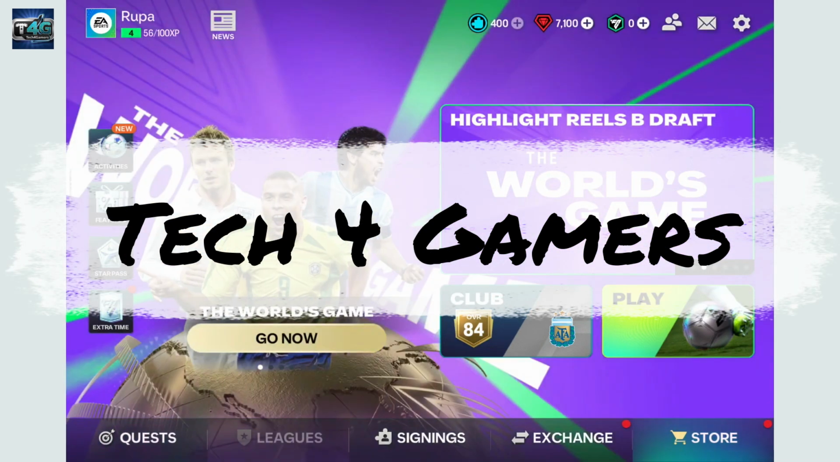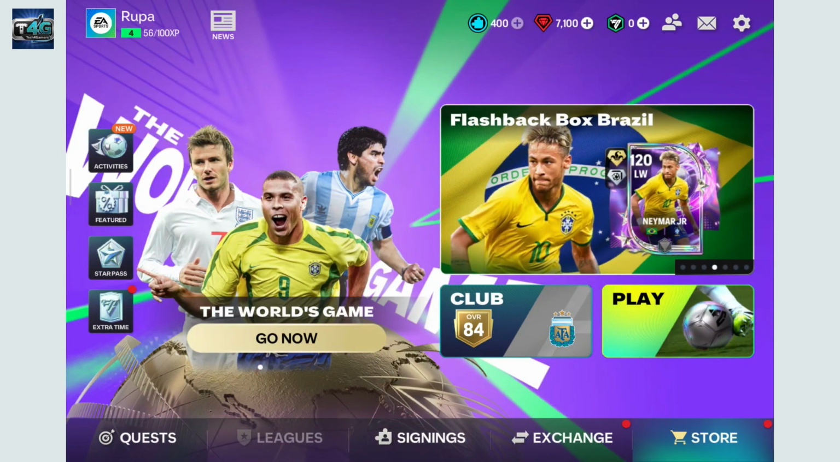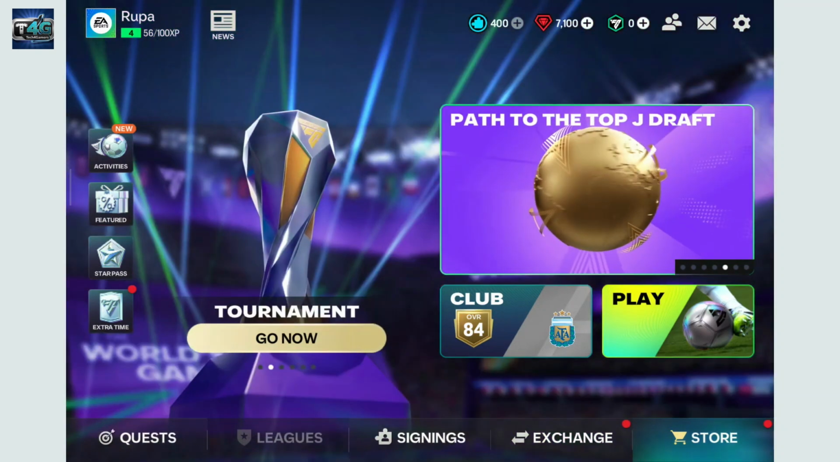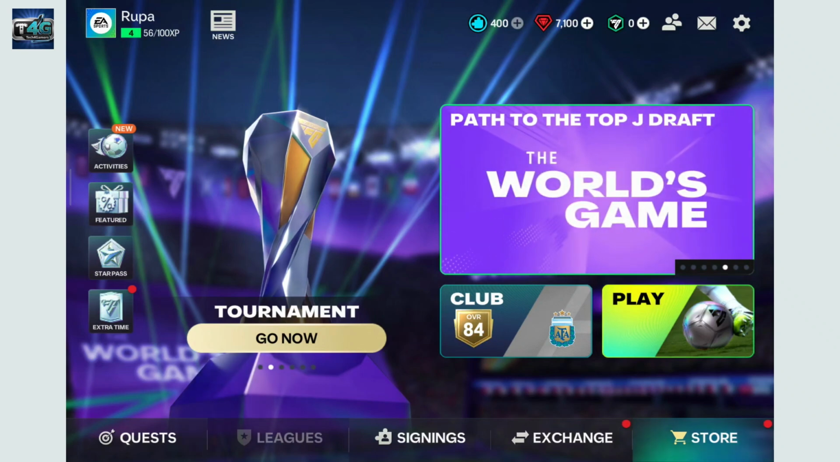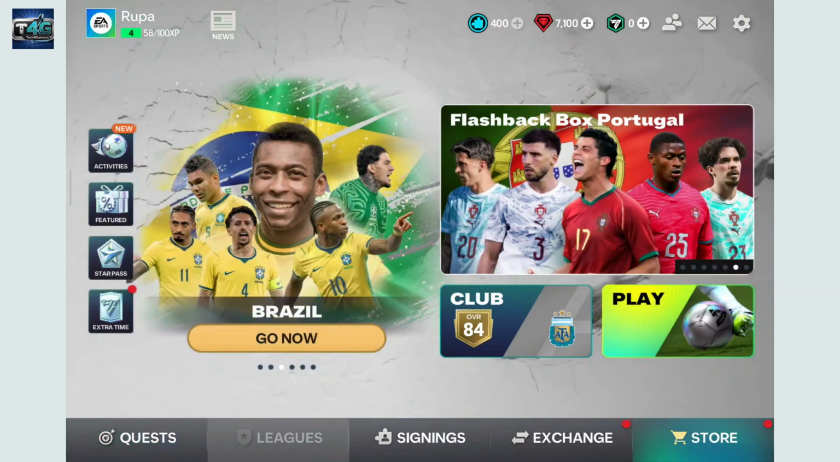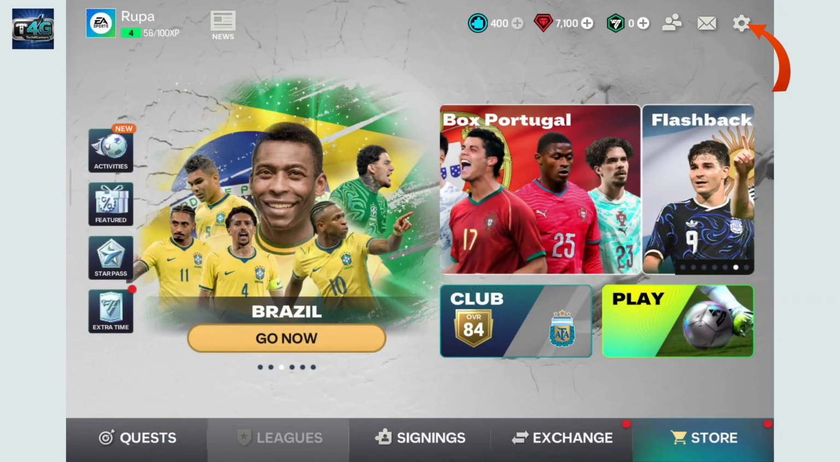In this video, we are going to be learning how you can link FC Mobile to Facebook. So here's how you do it. First of all, launch the FC Mobile game on your Android or iOS device and wait for the game to load. Once it loads, from the main lobby screen, go ahead and tap on the gear icon at the top